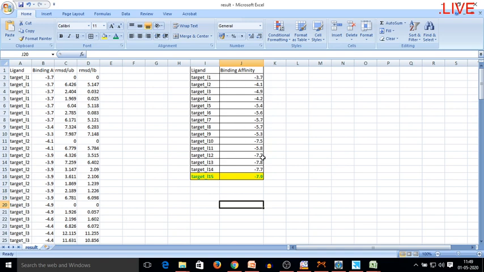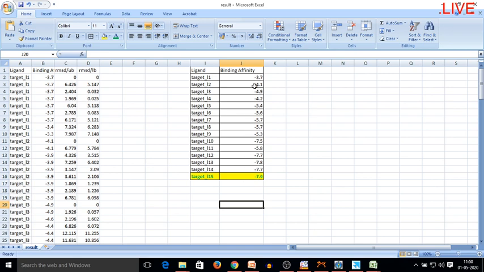So a general concept that governs is that the lower the binding affinity, the better the binding is. The more minus values I am getting, like here I am getting -3.7 and here I am getting -7.9.